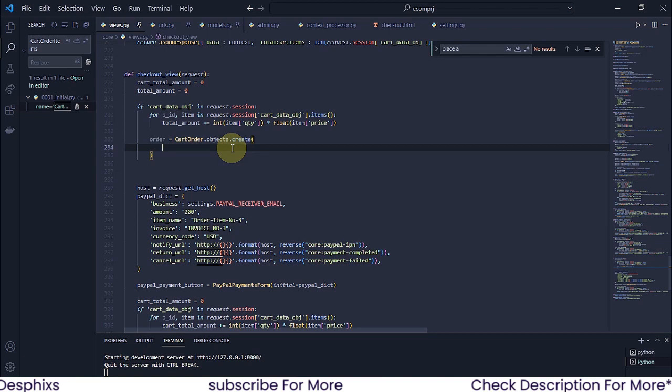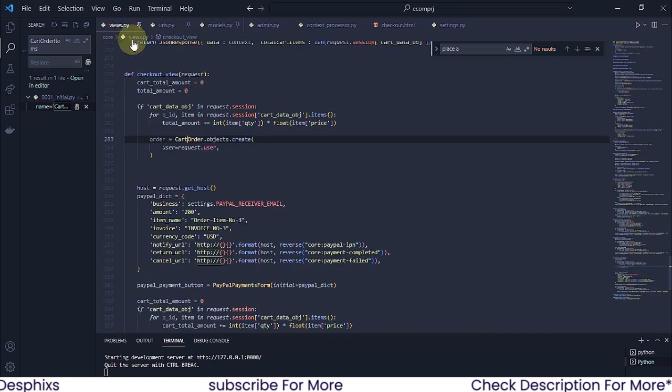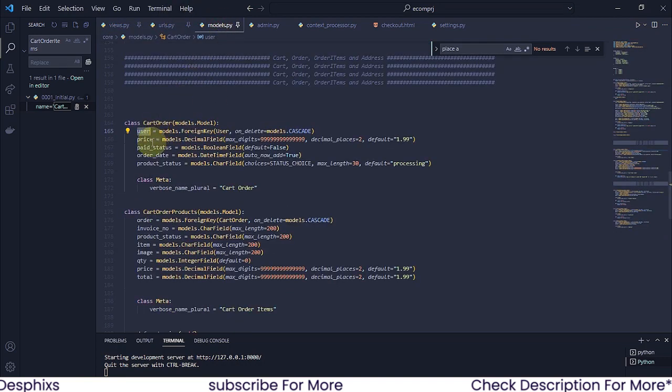So now firstly we want to get the user. So whichever user that's logged in is going to be the one creating this object. And why are we getting this user? That's because if you take a close look at the cart order, you see that we have a user field over here. So we need to fill all those fields in. Okay, and that user field is required. That's why we pass in user. Now what other field do we have over there? We have